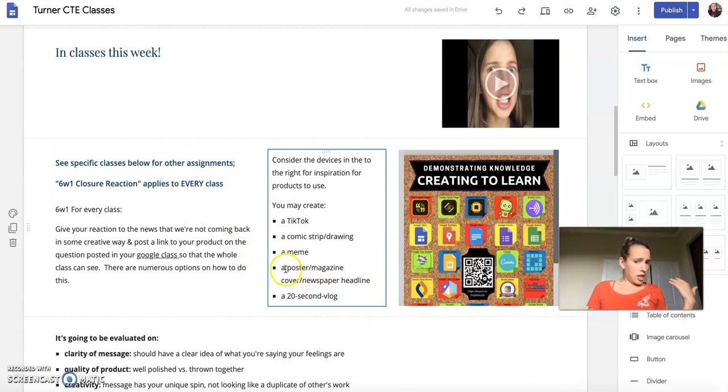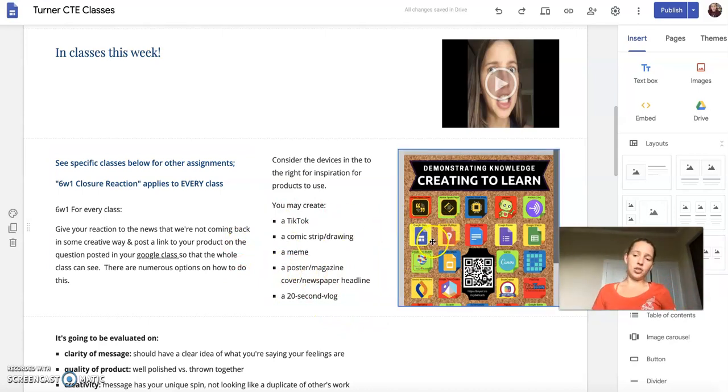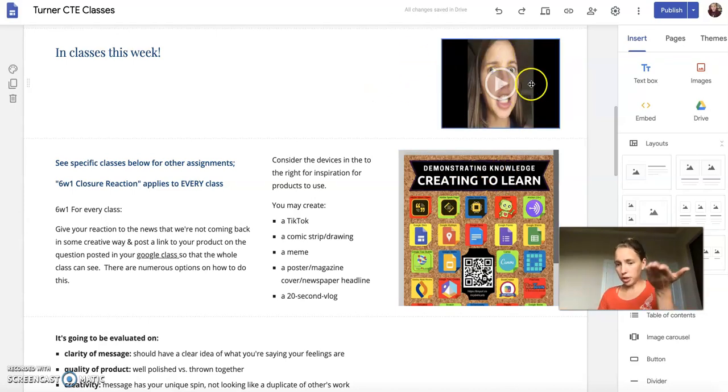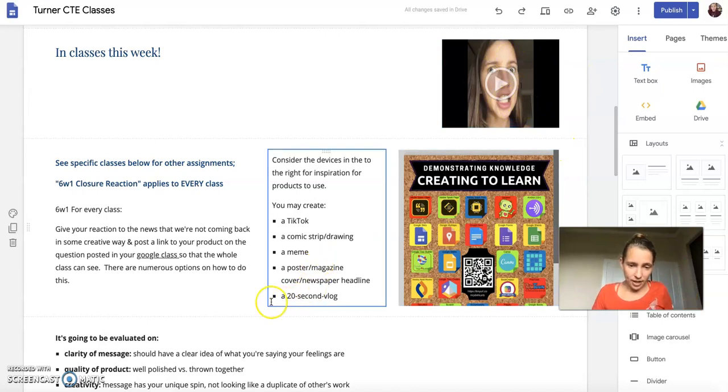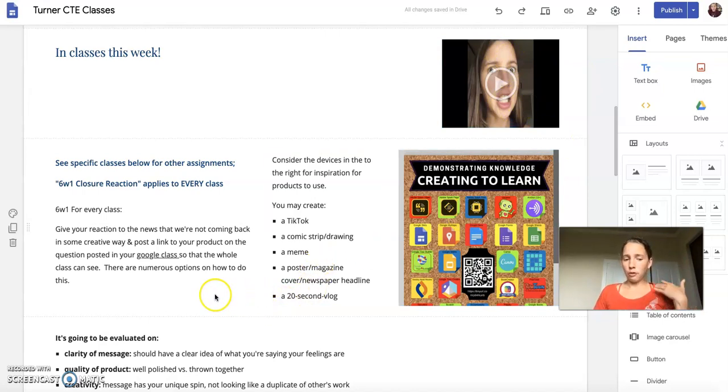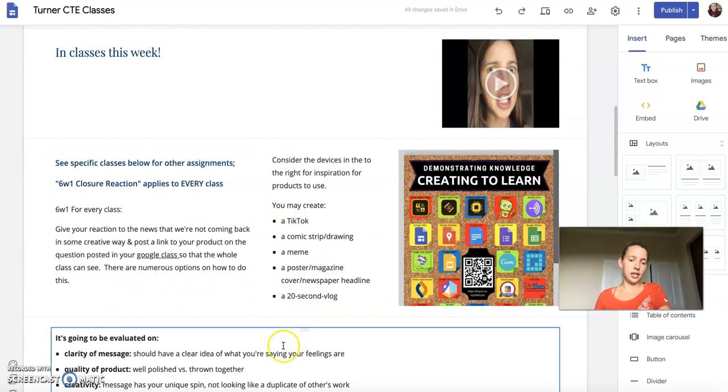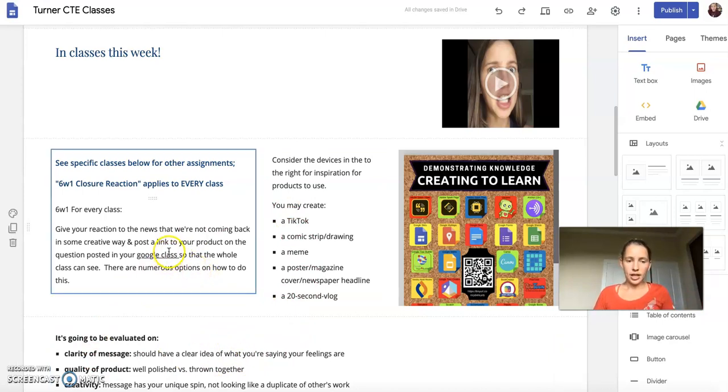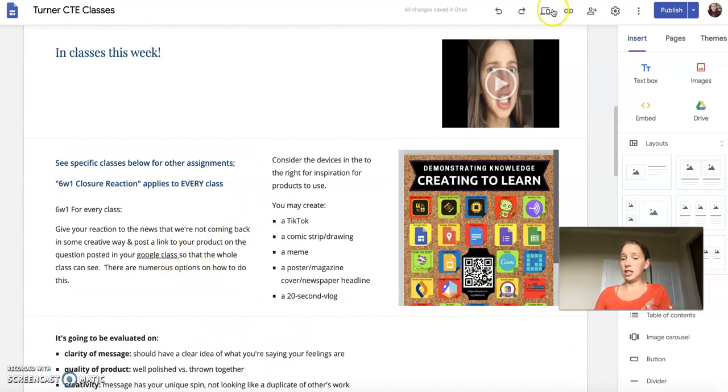You could do it any of a variety of ways. You could make a fake newspaper headline. You could write an essay about it. I did a little TikTok. I'm not real impressed. That was my first TikTok. So that's my example. So don't overthink it, but I give you grading expectations and all that, and you'll need to turn that in Google Class.